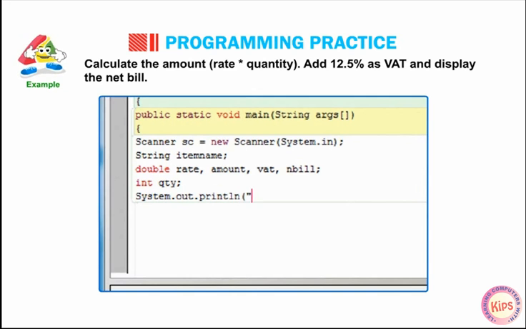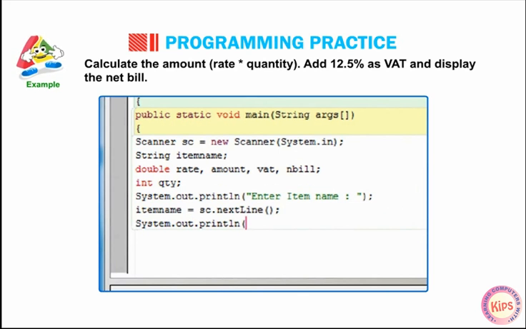System.out.println("Enter item name:"); itemname = sc.nextLine(); System.out.println("Enter rate:"); rate = sc.nextDouble();